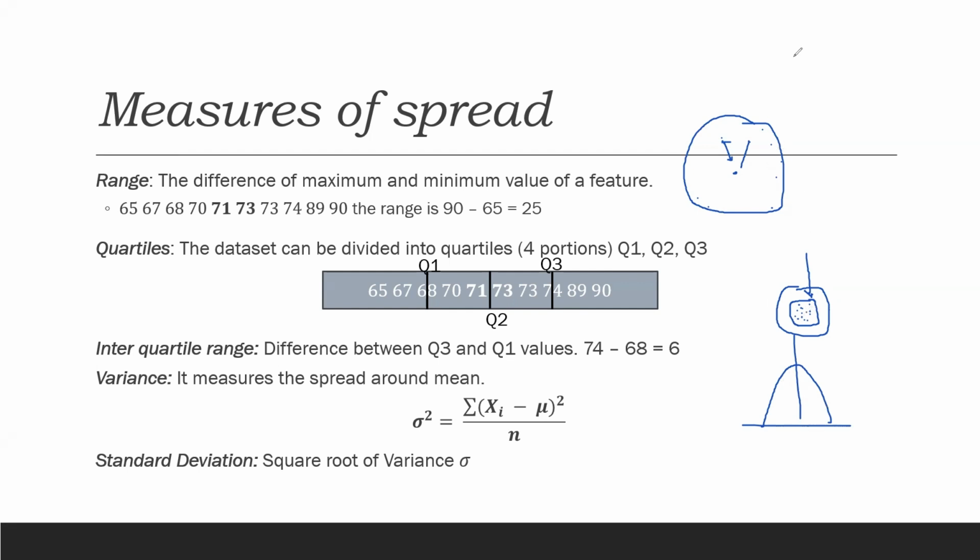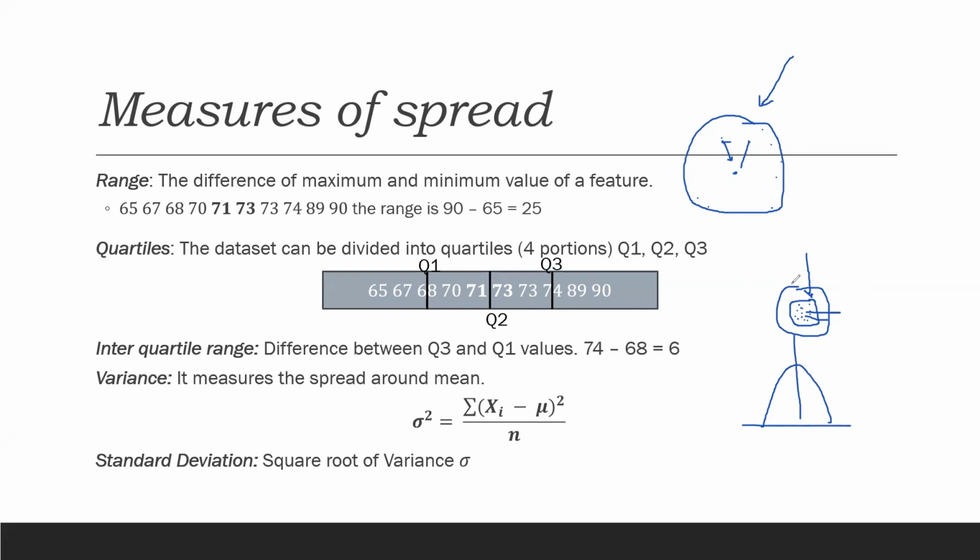Or if the values are something like this, because this is a real world problem, most likely the real world problem is not as easy as this, but it is pretty much scattered like this. When you have so much scatteredness, it can be vague. When it tries to balance out each and every dot, it will make a lot of errors, so it'll throw out a lot of error metric. We'll discuss what an error metric is, but just keep this in mind: the more centric the values are, the better the outcome of the model.